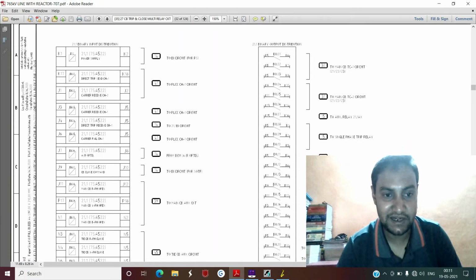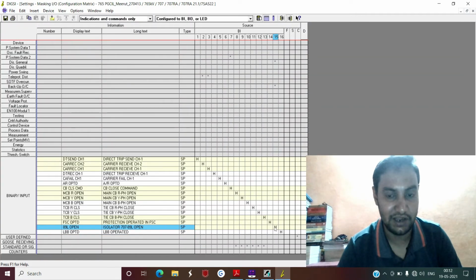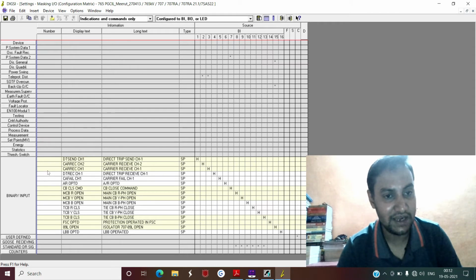And if you remember, the line isolator open condition is required only for stub protection. That means once 89L is open, you can configure this for stub protection enable. Now if you are using this 89L open only inside your manually configured binary input signal, then the relay cannot detect this for your stub function.